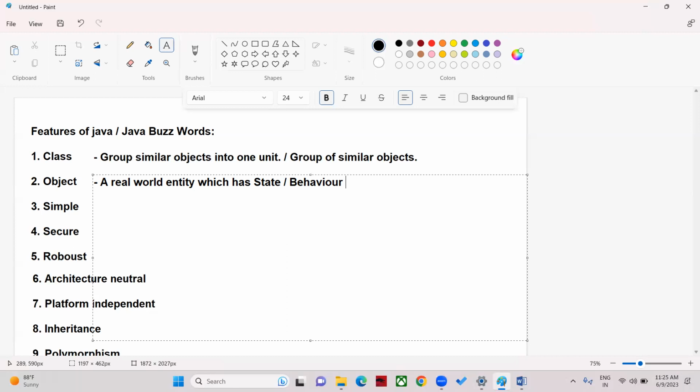What is the behavior of the chair? Does it behave any bad with us or something like that? So we basically use it to sit. That's it. Behavior or functionality, or we can call them as action. So a real world entity is called as